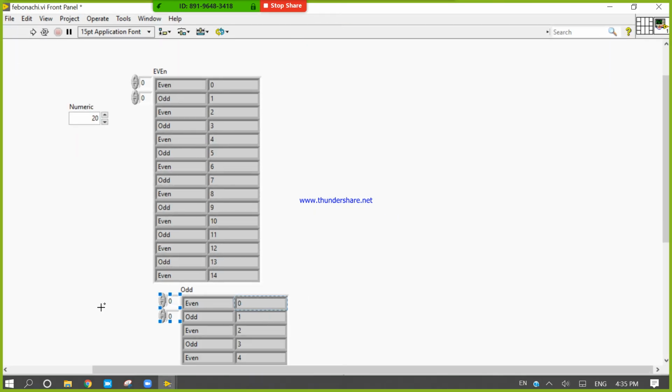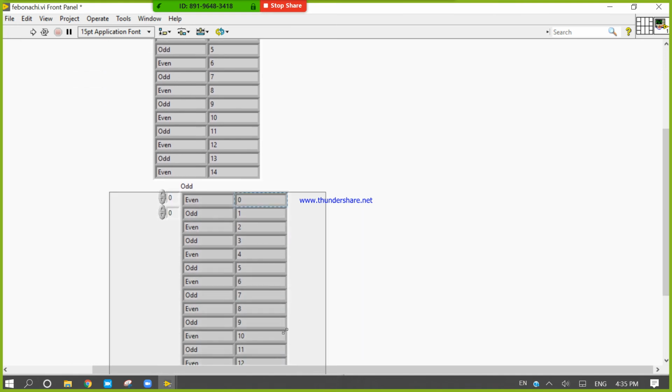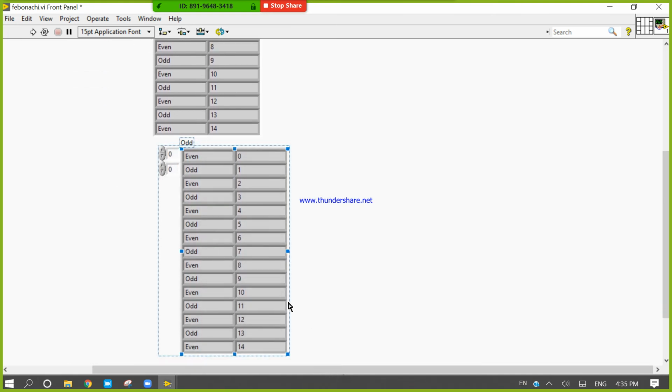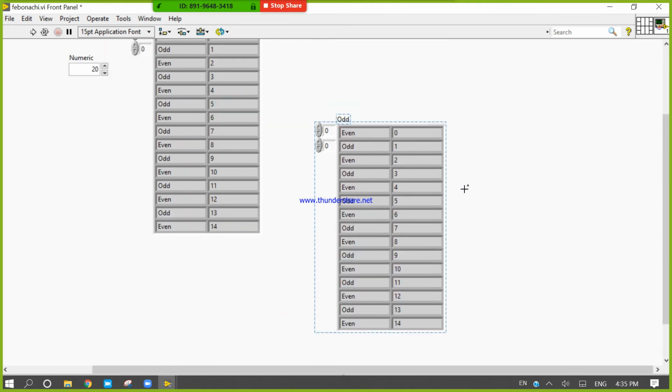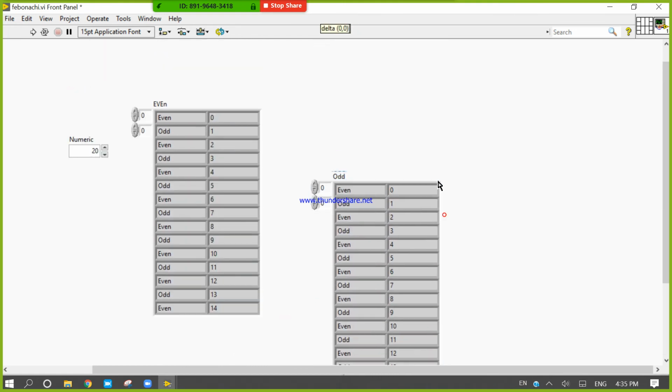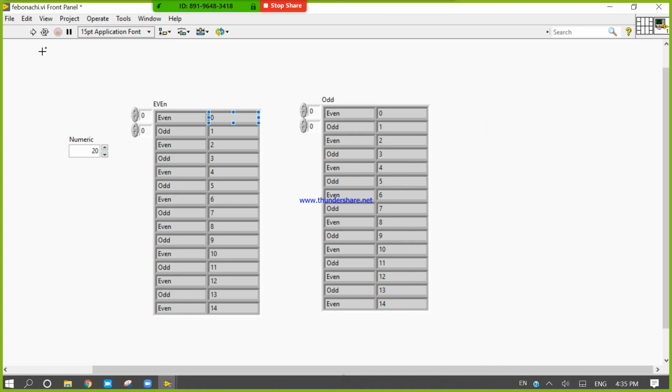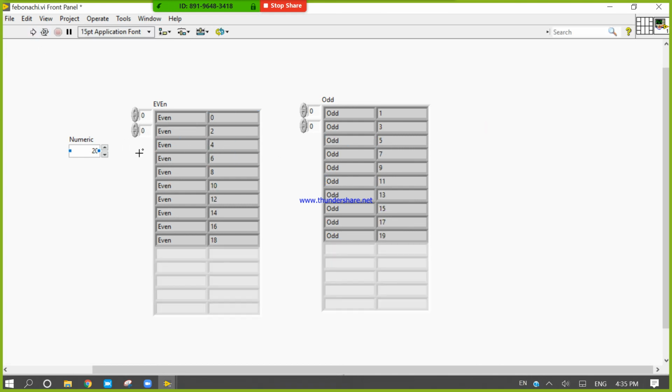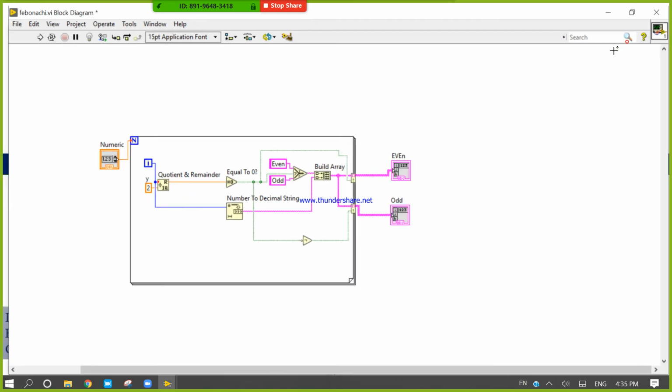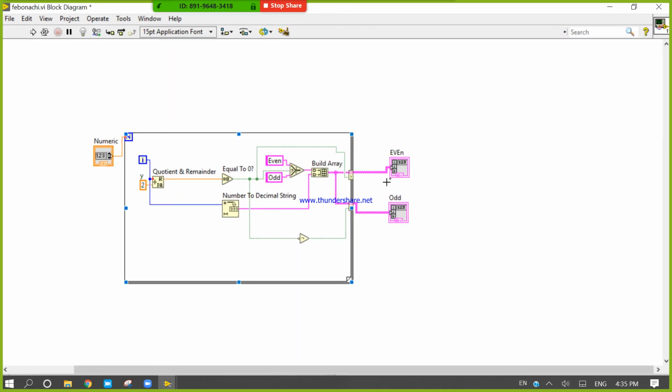After that I will show you. Run even and odd, segregated. So the program for segregation is this. Design and debug it yourself.